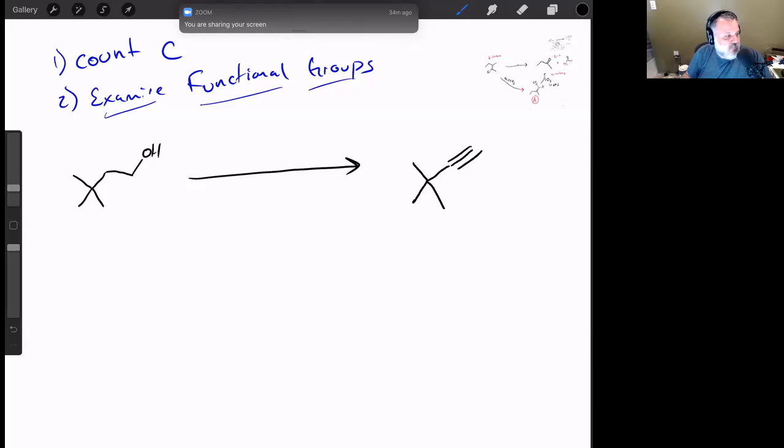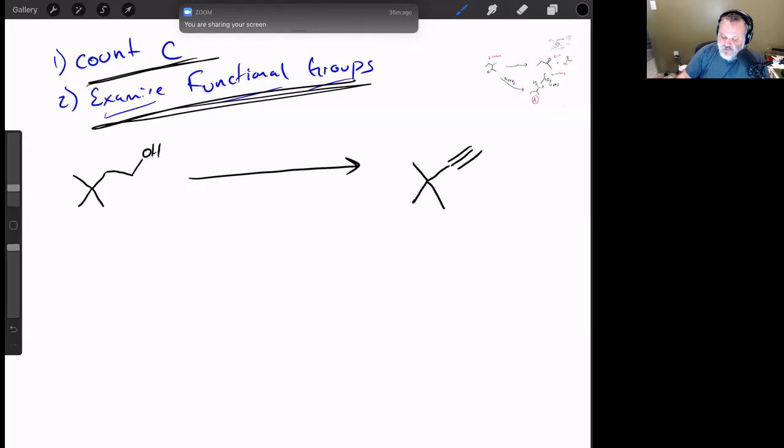So what's step number 1? Or what are the 2 things we should be doing? We should be examining functional group changes and counting the number of carbons. So is the number of carbons the same? How many carbons do we have in the starting material, and how many carbons do we have in the final